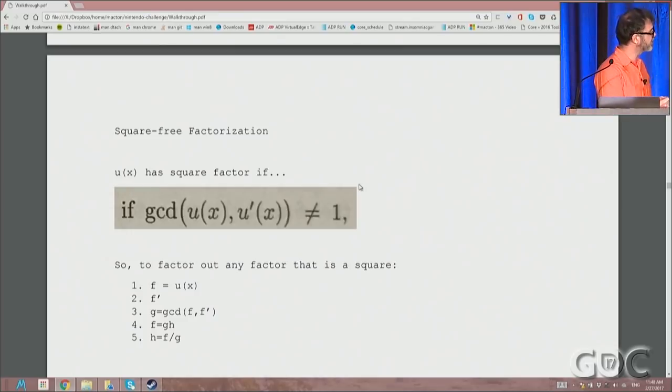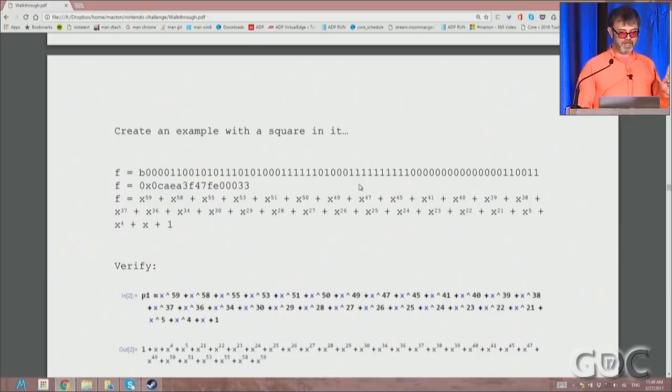So, square-free factorization. u(x) has a square factor if the GCD of u(x) and the derivative of u(x) is not 1. So just create steps out of that. The first is, given some u(x), which I call f, get the derivative of f, then get the GCD of f and the derivative of f, and call that g. So f is made of g times some h, which we don't know yet, but since we know g, we can just say f divided by g is that h, right? Fairly straightforward process here, except, which I'll get to in a minute,